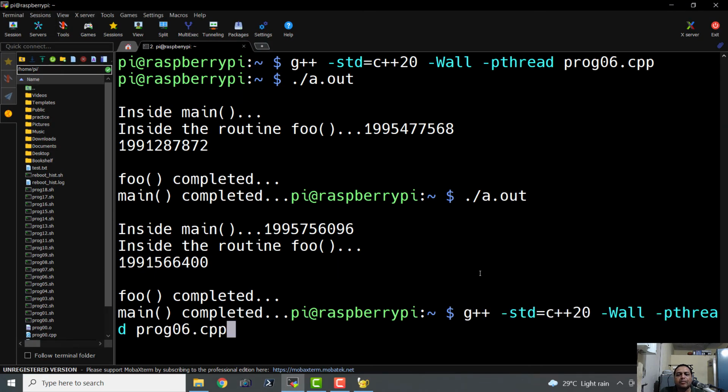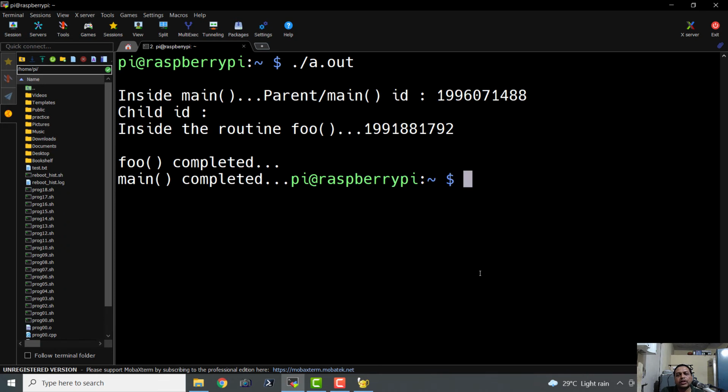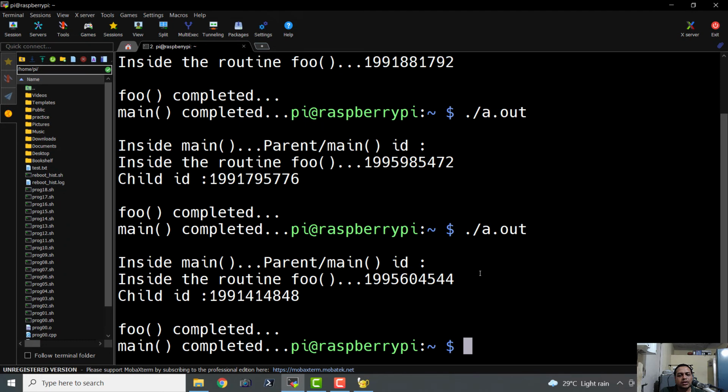So let me compile it once again. And it compiled successfully. Let us execute that file a.out. And here we have the parent main ID and the child ID. So this is definitely cool because we can print the IDs of the parent as well as the child programmatically.